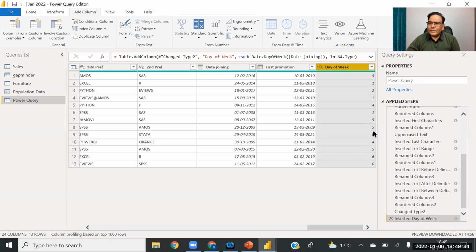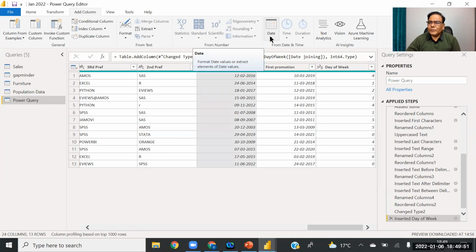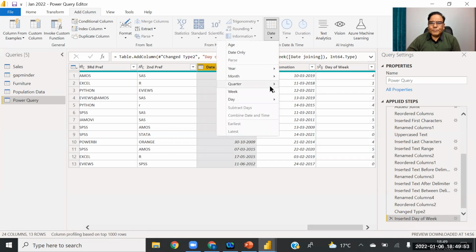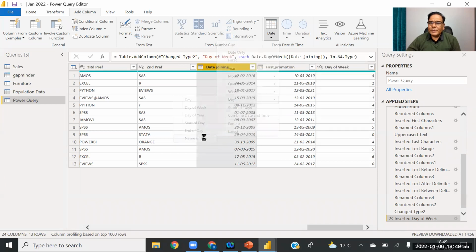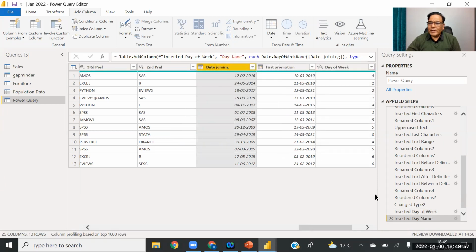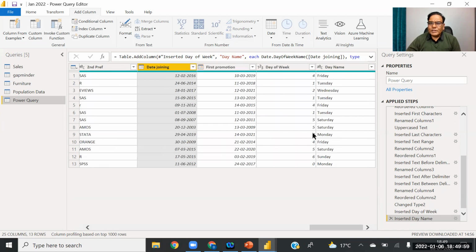Now this 0. You may be thinking, what is 0? Is 0 Monday, Sunday, which day? If you want to know what 0 means according to Power BI, let's do one thing. Go to Date, Day, Name of Day. The software will tell you that this 0 means Monday.